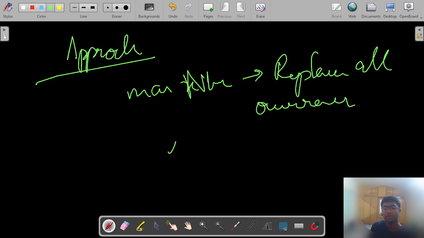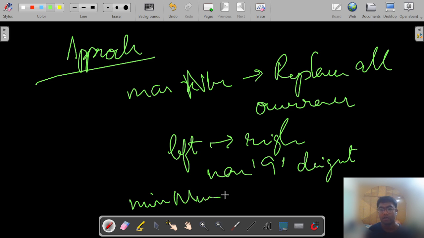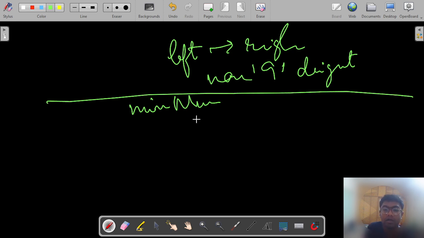From left to right, we approach this, and we choose the first non 9 digit and replace it. Similarly, we find the minimum number, and in case of the minimum number, we again consider left to right,